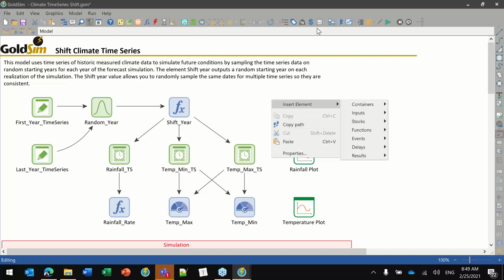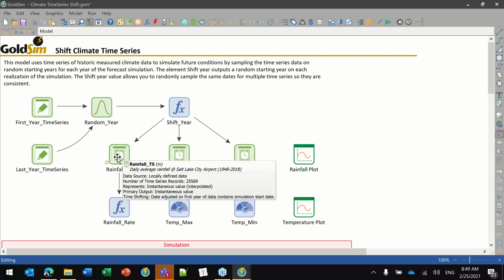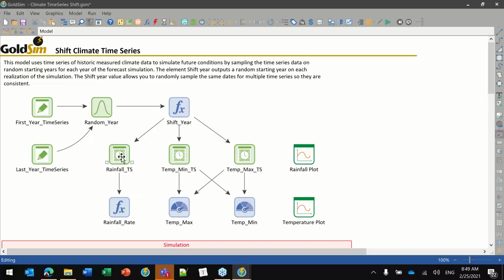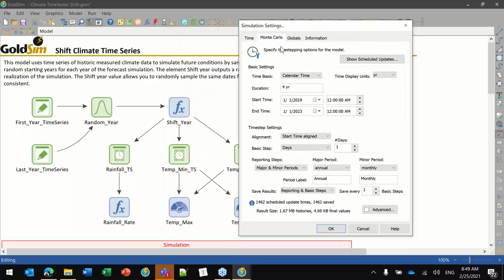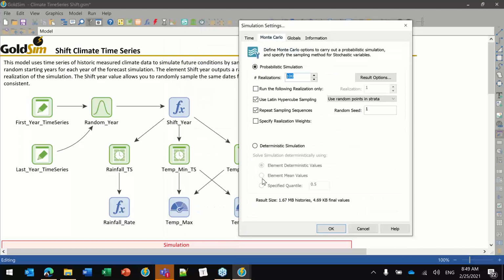So in our case, we would subtract 1948 from 2018, and we would set up our Monte Carlo number of realizations to be that value, whatever that might be. I'm not doing the arithmetic in my head very well, but let's just say it's 65 years of record. So you would run a Monte Carlo simulation for 65 realizations, and keep in mind,